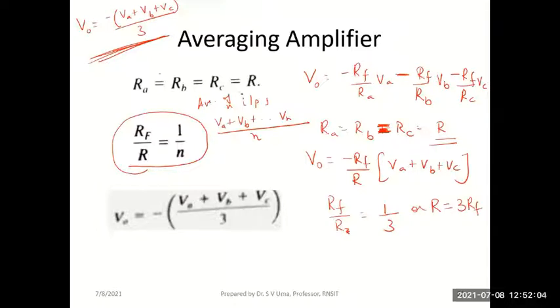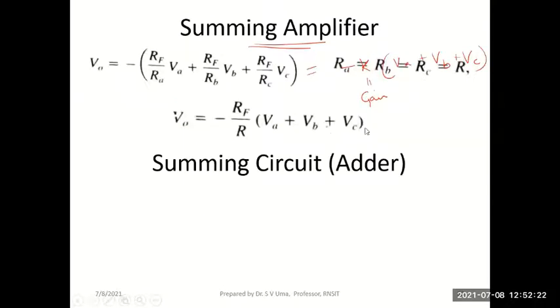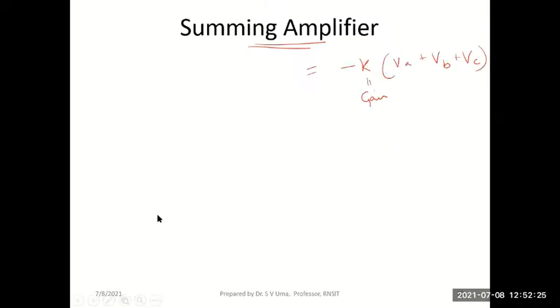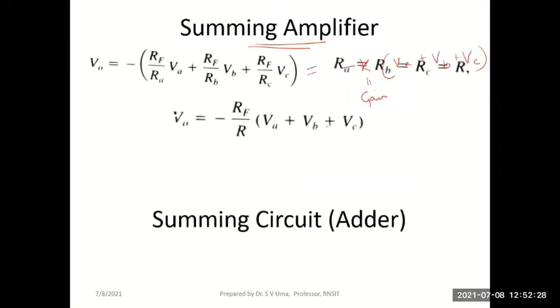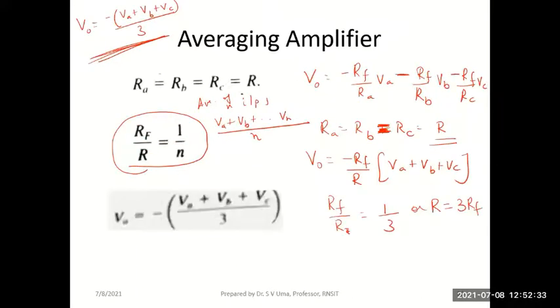Now, I want you to think and tell me if in all these cases I am interested in getting a positive output value rather than negative. Everywhere where we have discussed, we are getting the output as negative. But what if I want a positive output voltage instead of negative? Can you tell me what changes should be done? One simple change will help. There are different ways of doing it. But yeah, you can think and tell me, what should I do?